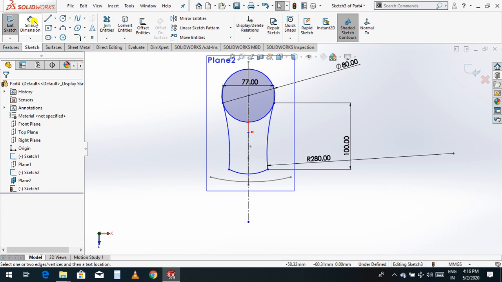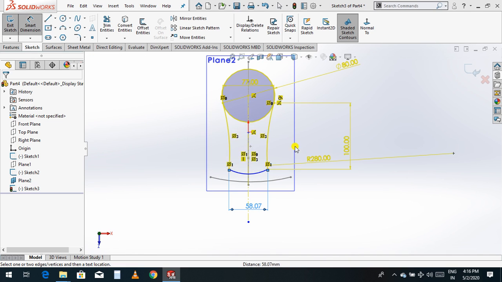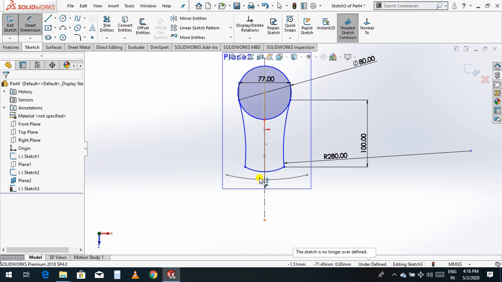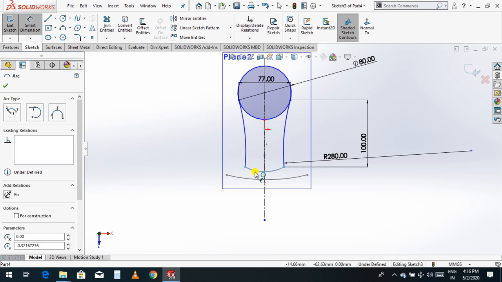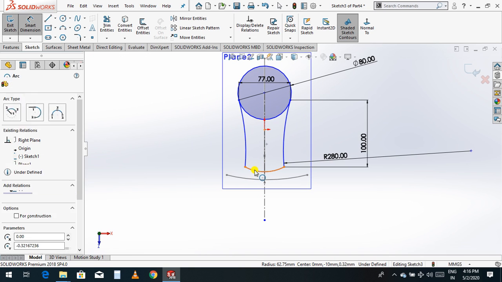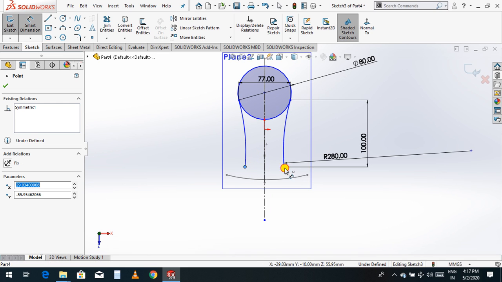Again you click smart dimension from this point to this point, 77 mm. Just delete this one. Now I'll take the dimension from this point to this point.